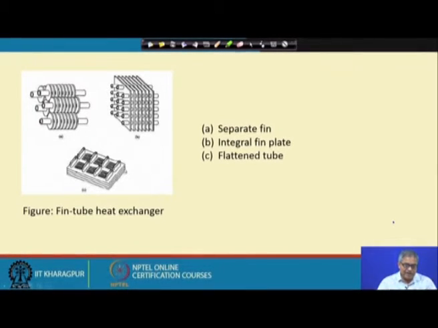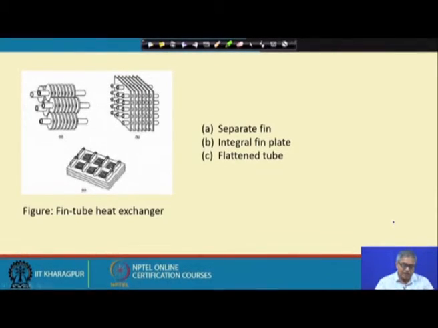Again we are going for design C. In the design C, what we can find? That these tubes have been made flat. There are several reasons why we like to make this tube flat. One reason could be that a circular body is a bluff body, and when we are making it flat, we are reducing the form drag when a gas will pass through. So, this is one variation we can find here. Another variation, you see there are fin plates, but on the fin plates there is some sort of a surface modification which has been done.